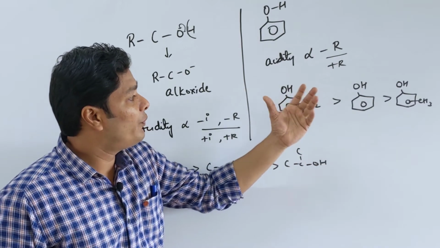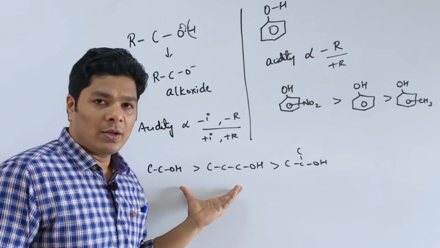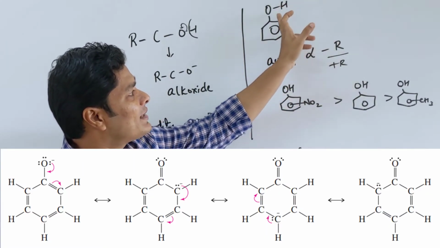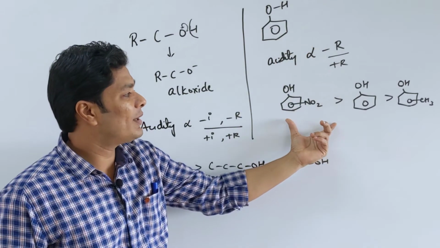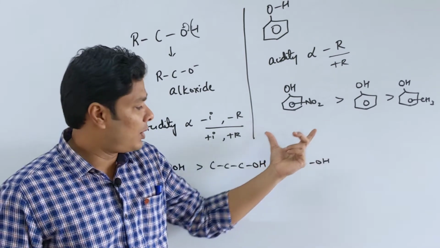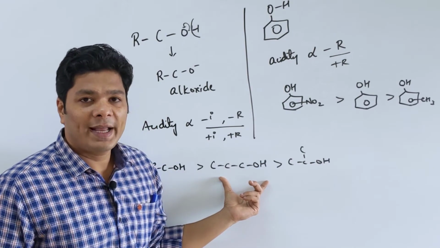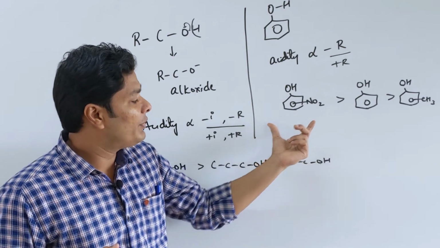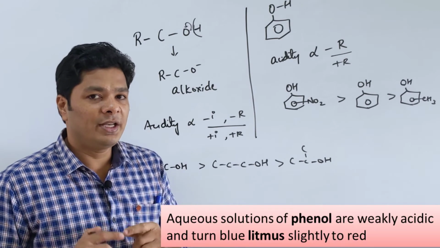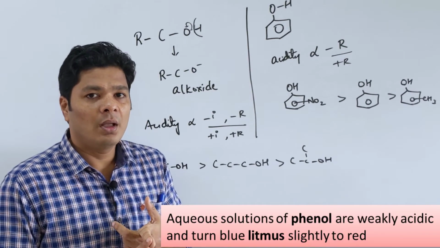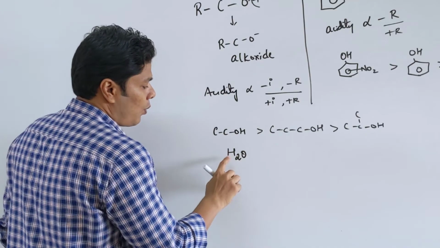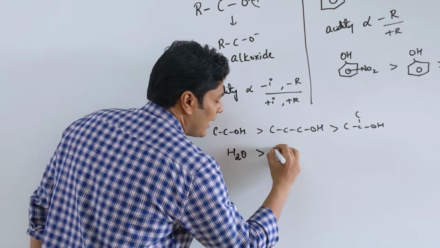Another thing that you want to know is phenols are much more acidic than your alcohols, because when the hydrogen goes, the O minus is stabilized by resonance of the ring. Because of this property, phenol gives corresponding tests that are not done by alcohol, and also certain reactions we will see in reactions of phenol which are not answered by regular alcohols, but phenols can do. Phenol, owing to the acidity, can also answer the litmus test, whereas your regular alcohols are not that acidic, so they cannot answer. Water is more acidic than alcohols,